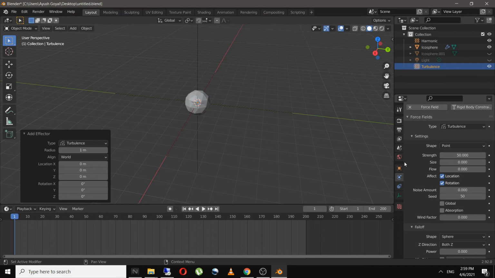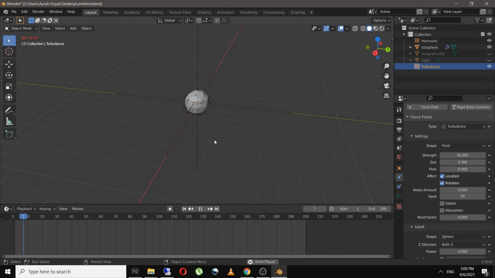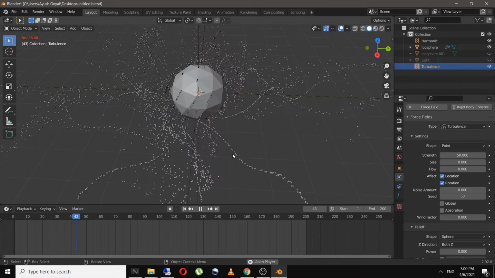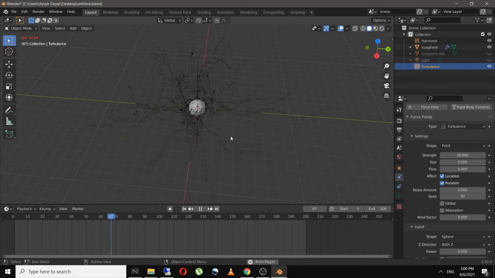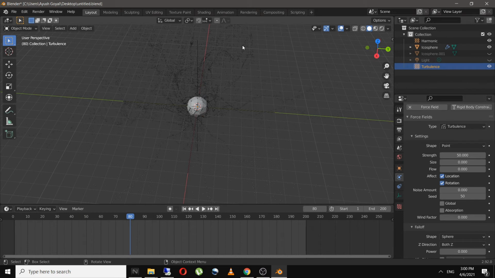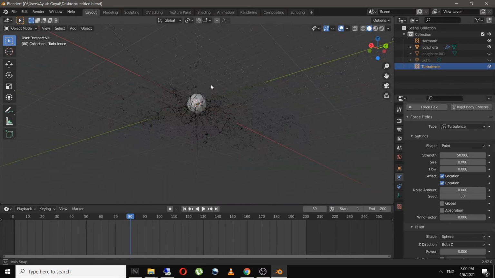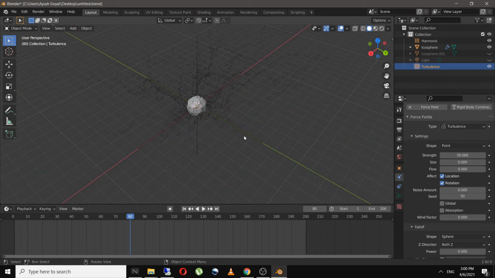And now when we play it, so this starts to do some cool things like this. You can play with the turbulence and harmonic force field settings and make your own waves.